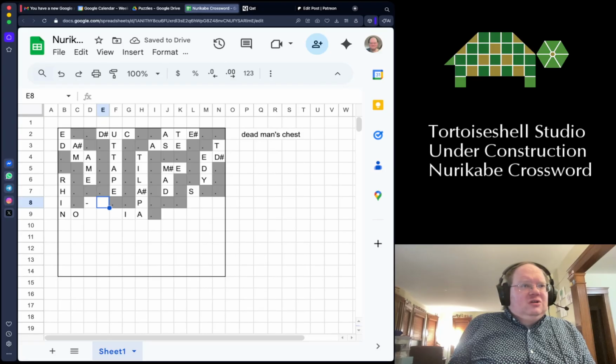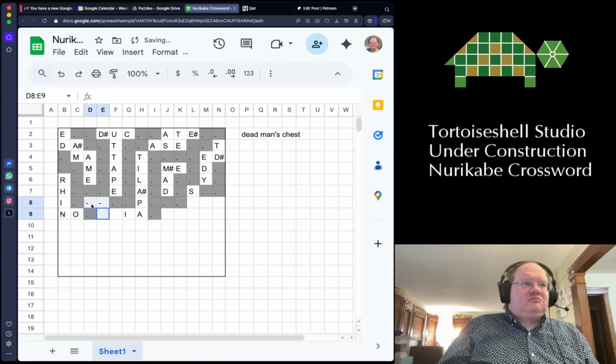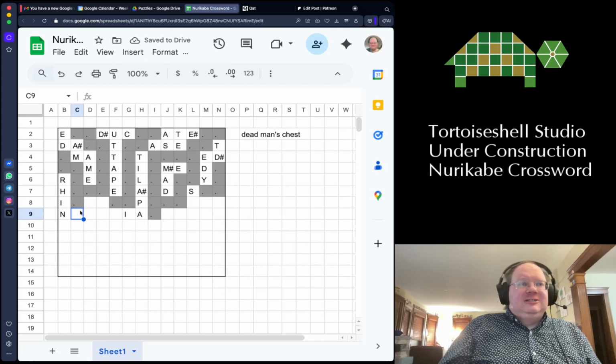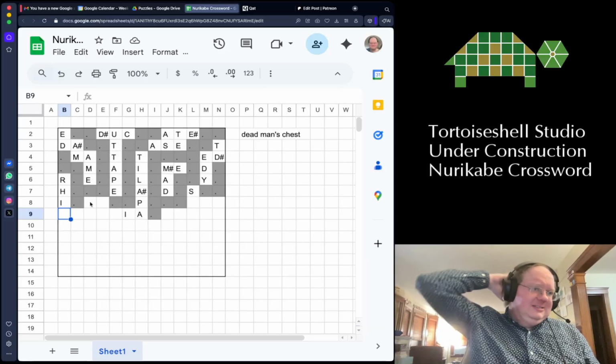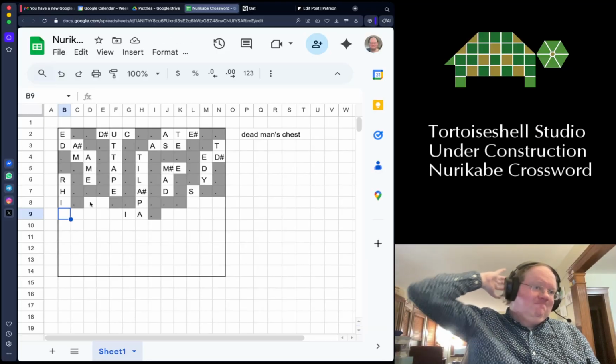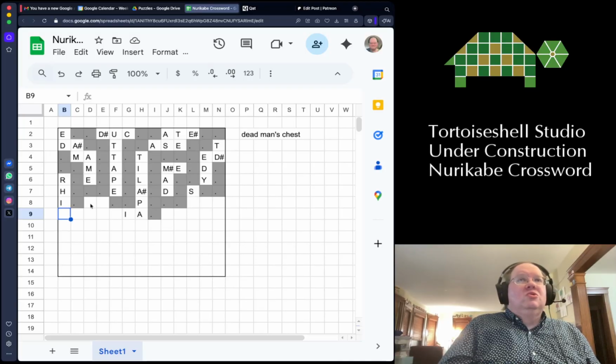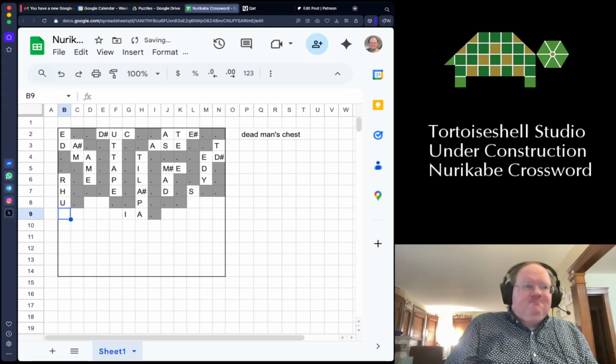And then, but that means this needs to be ocean, and we have this, and now this is cut off. Maybe rhubarb. Oh wait, it also needs to have